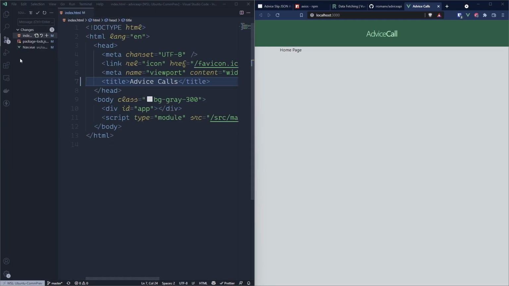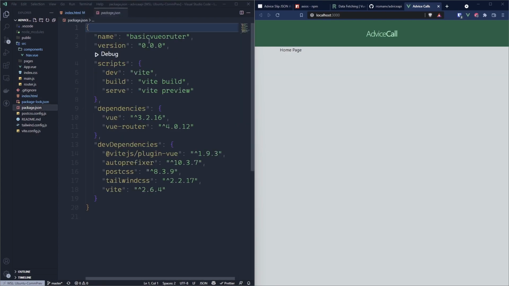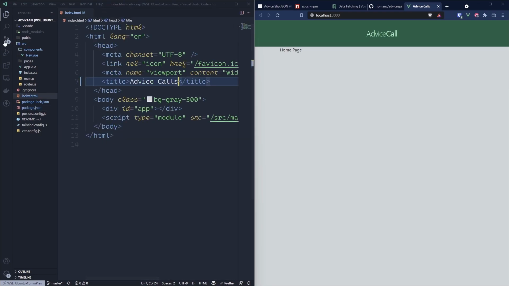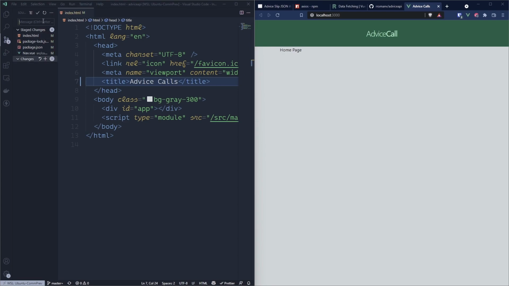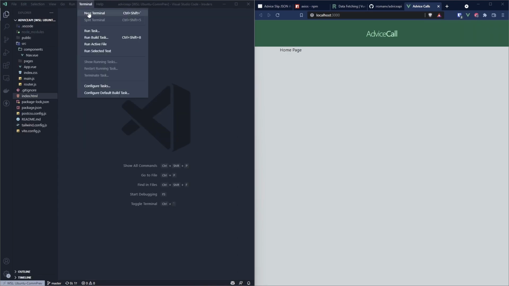So I have application. One last thing that I will do is in my package JSON, I will change this to advice call, right? And that should be it. For now, I can just commit everything and I say put some changes just to make the call. After I have that, I will open my terminal